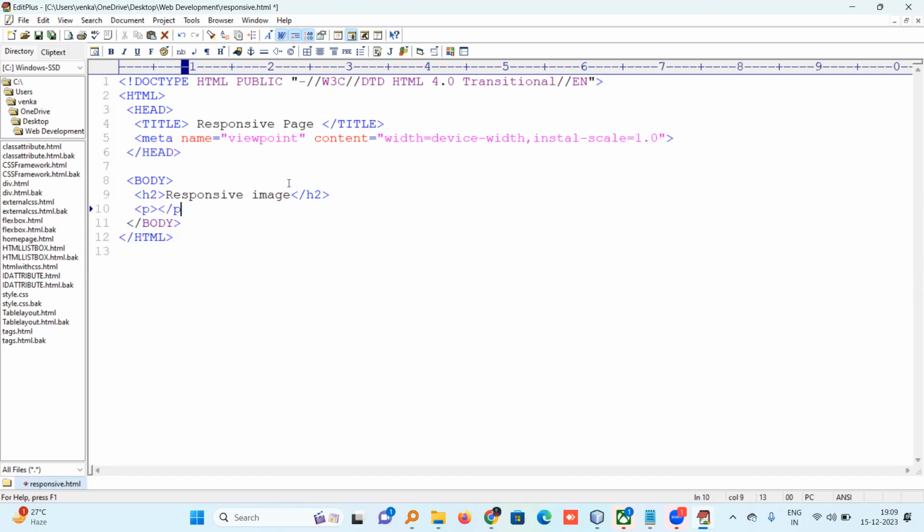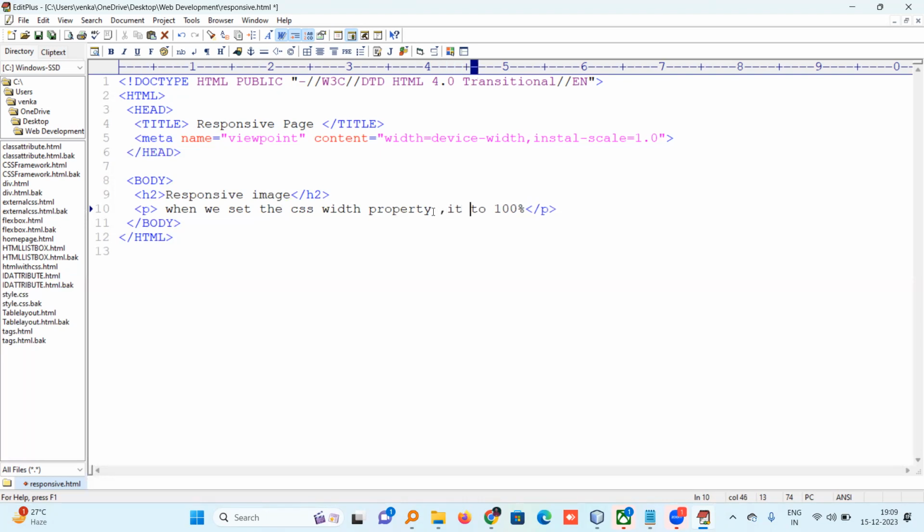I am going to write inside the tag: when we set the CSS width property to 100%,